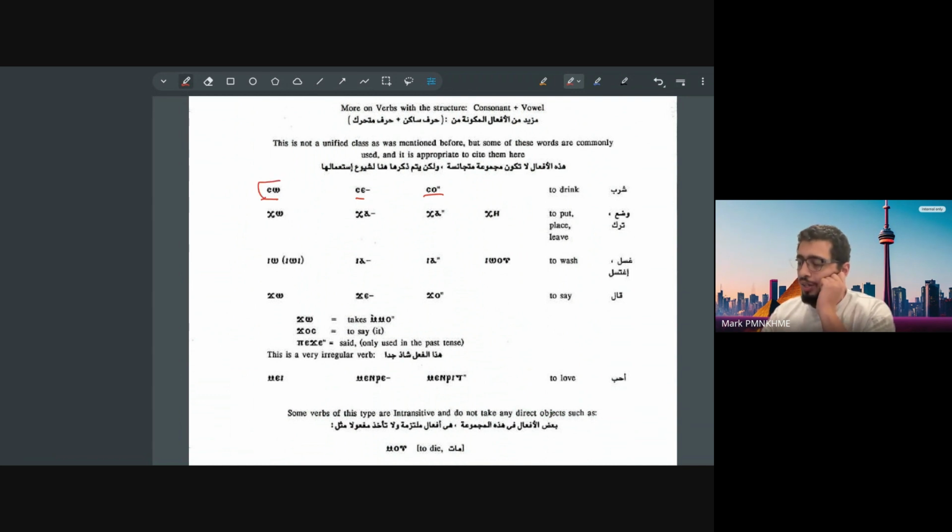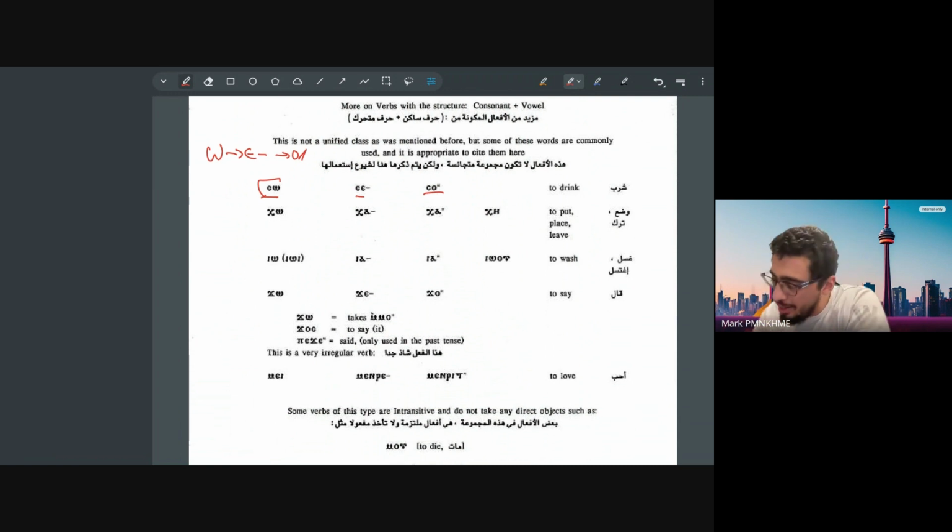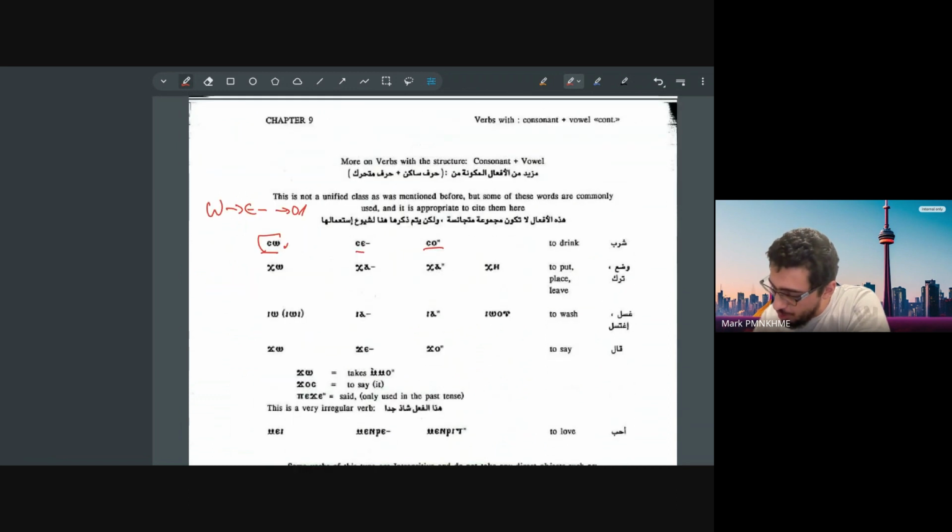This is very common where the O becomes an A and then becomes an O. Remember when I told you some of them you make shorter because you want to quickly de-emphasize it, and then the other one becomes short with an emphasis on the pronoun. So if you want to say I drink the water, you say ti so mo. But if you want to emphasize I do the water drinking, it will become se mo. Here you would say so mo, here you say just se mo.